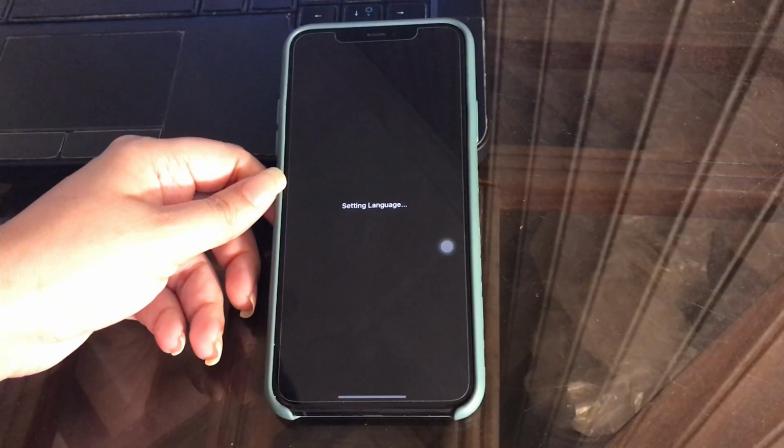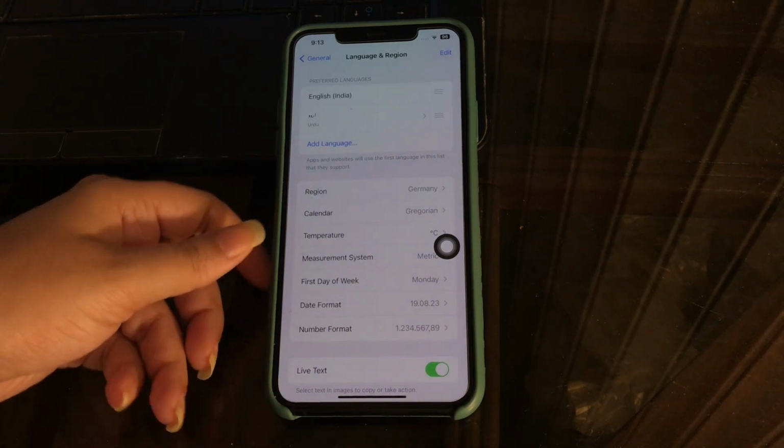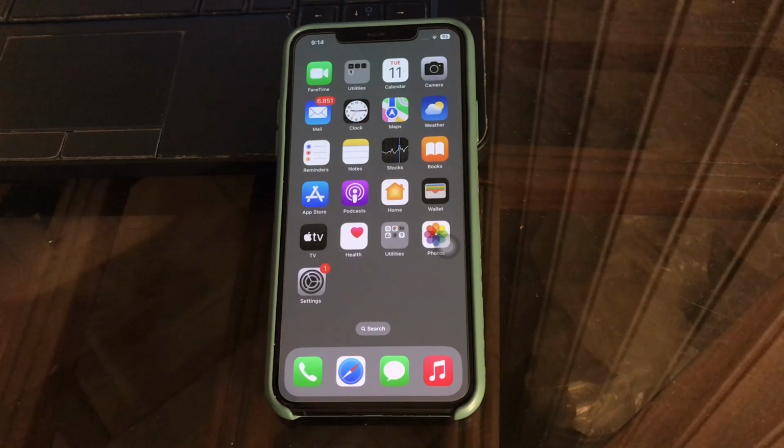Once the language gets changed, check if this helped resolve the issue or not and you are done. And the next step is change the widget's preference. If the main concern is that the widget is displaying the wrong information, then you can try changing the widget preference. For this, go to the widget screen